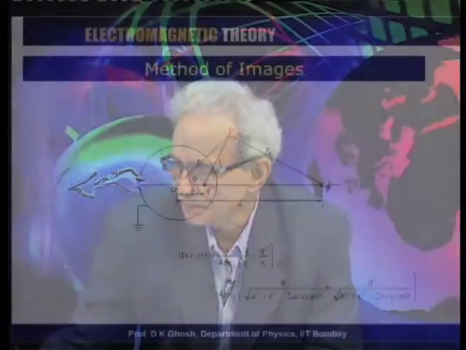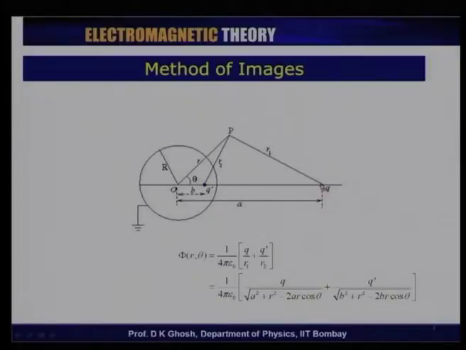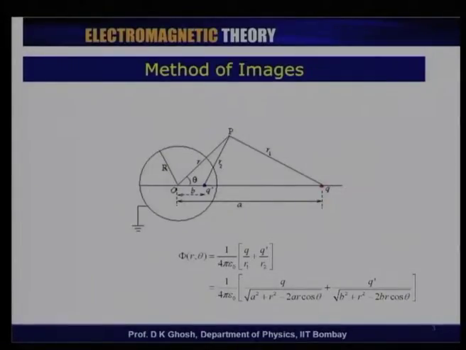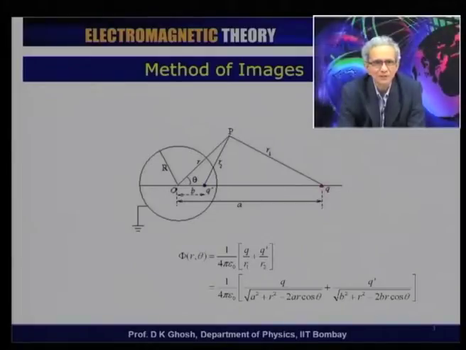What we look at is the following: if there is a charge q here, unlike in the case of a plane conductor, where the word image is readily understandable, because the position of the image charge is exactly equal to the object distance and the magnitude of the image charge is equal to that of the object charge, though its sign is opposite. Now, in this particular case, I have a slightly different type of situation.